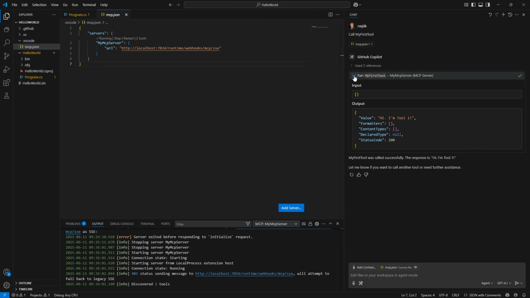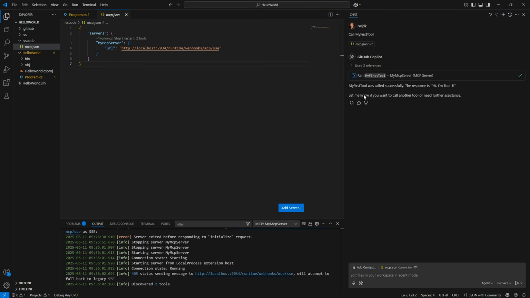So now it calls it. We can see the input was nothing because the first tool didn't have anything. And it gave back, "Hi, I'm the tool." And the LLM inside Copilot used that to say, okay, the response was this. But had the response been "order number XYZ is now done," it could have used that for something here. Or if the result back had been some RAG data, it could have used that, figuring out, oh, I need to write the code like this, and so on.